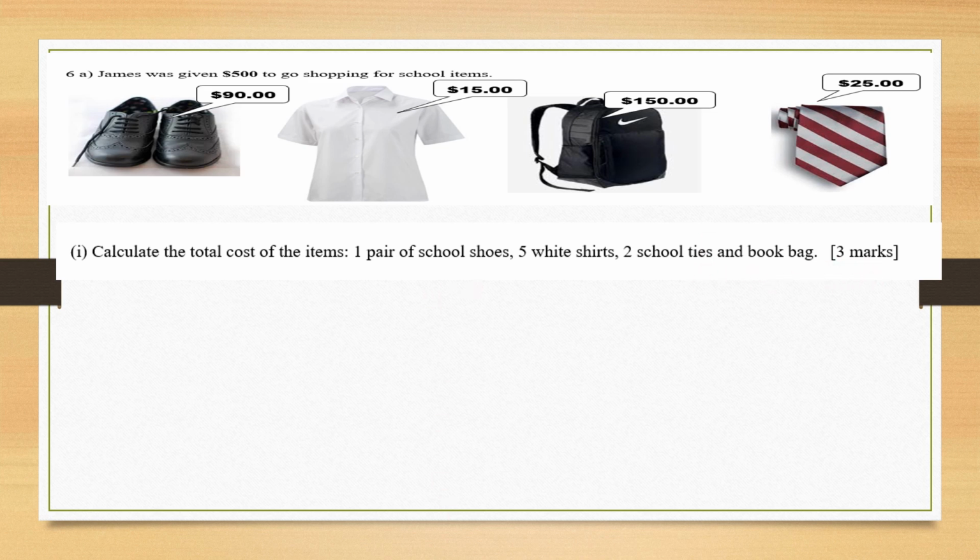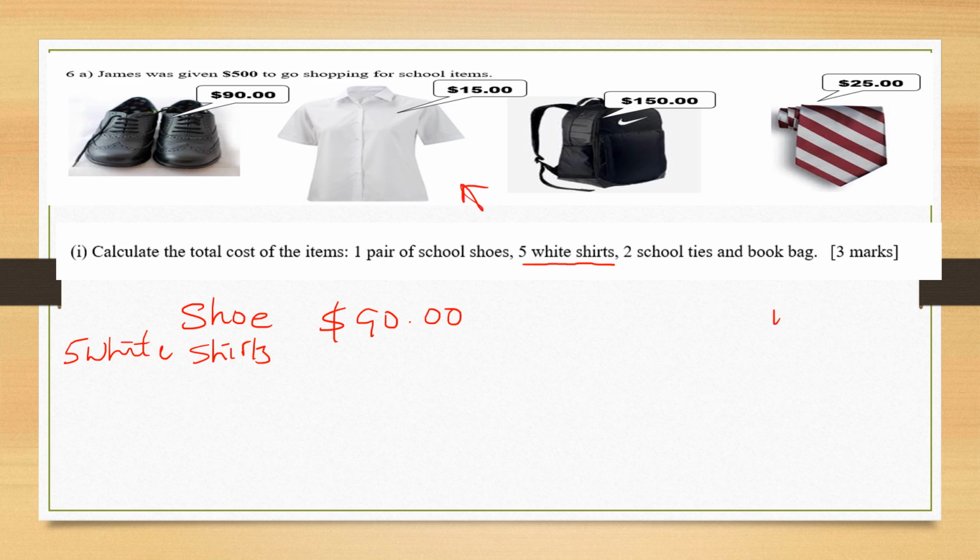So the shoe is $90. Five white shirts. The white shirts cost 15, right? So 15 times 5. 5 fives are 25, 5 ones are 5, and 2 is 75. So I'm going to write my 75 here. Then I have